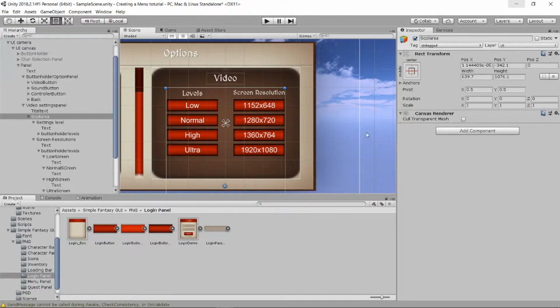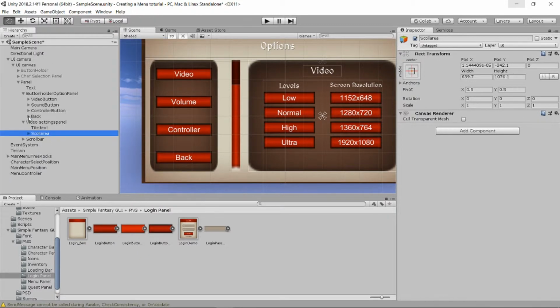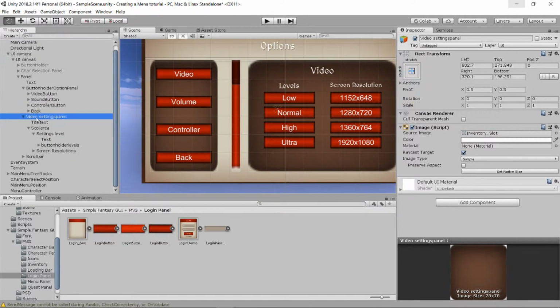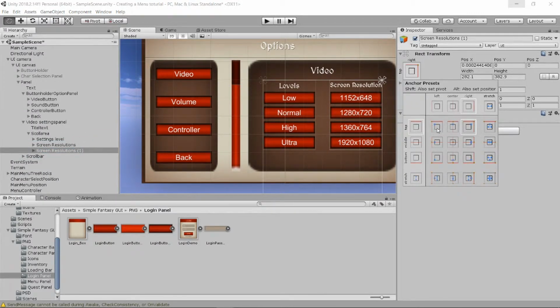Okay, so now we have this, close it a bit, and scroll bar, let it be. Video settings, do we have more to that? We have one more. I'm going to take this and pivot it to the corner,